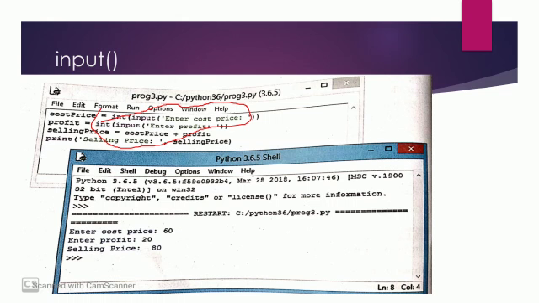This is a function. The format of a function is that it will have a name and parentheses, and inside the parentheses it will have some argument. So here the input function is this one, and it will give this output. Whatever the argument given inside will be the output there, and it also waits for input from the user. So here 60 is the input that the user has given. So 60 has been taken as input, and then again "Enter profit".